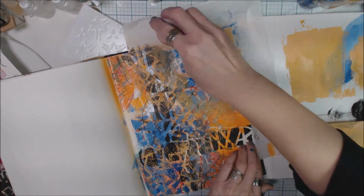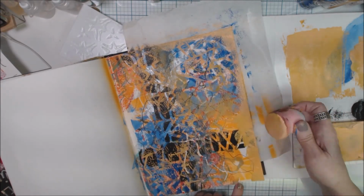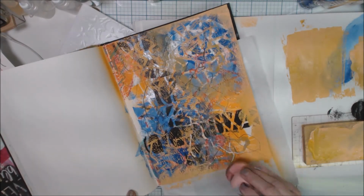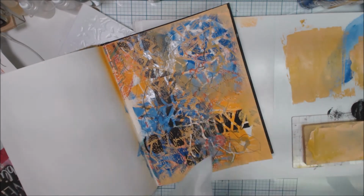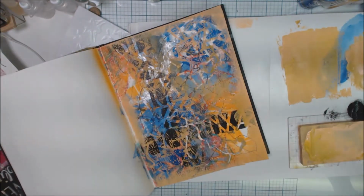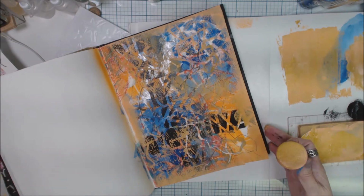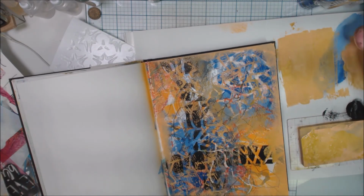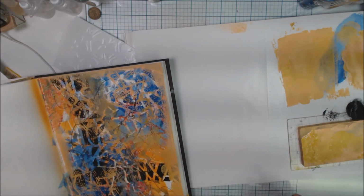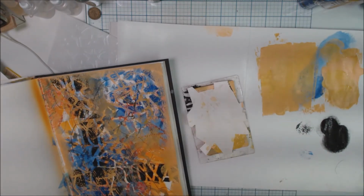So I got another sponge and I'm going around the edge. Just going to blend in a little bit with that sponge. These are cosmetic sponges. You can get them at the dollar store. I know they sell them in the craft stores, but they're probably $3 versus $5. Anyway,